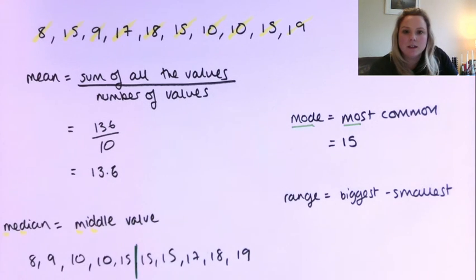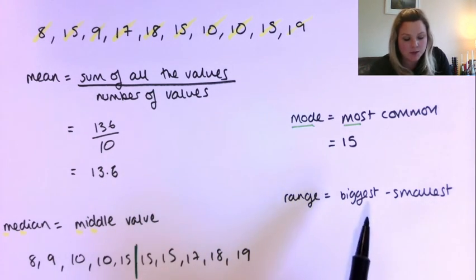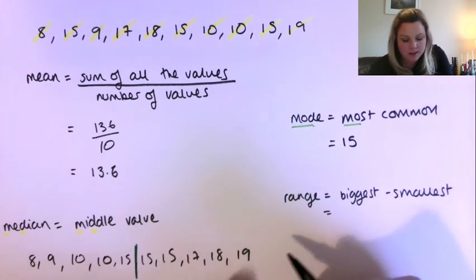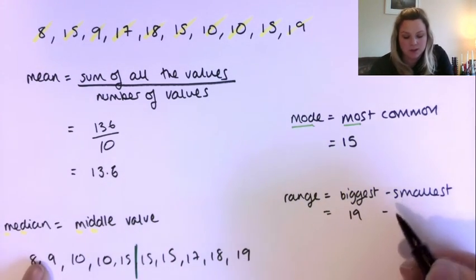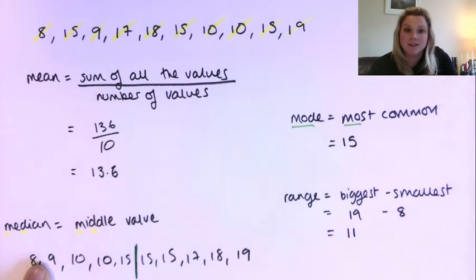Last thing then that we would get asked in these type of questions would be the range in the results or the values, and that's just the biggest value take away the smallest value. So our biggest value here is 19 and our smallest value is 8. So that means our range is going to be 11. So that's the type of stuff you're going to be doing in some